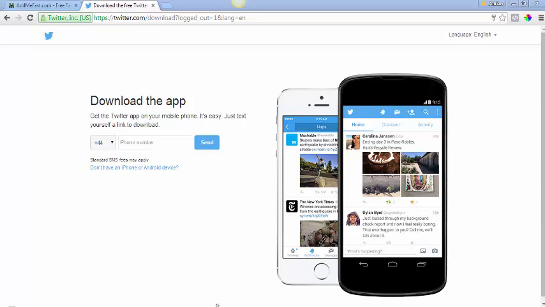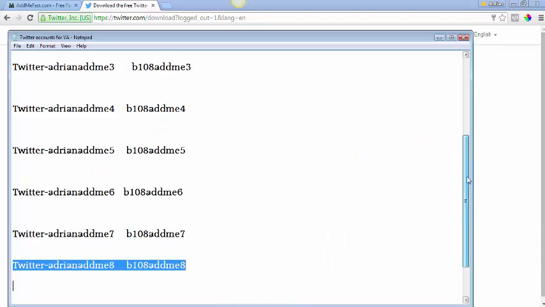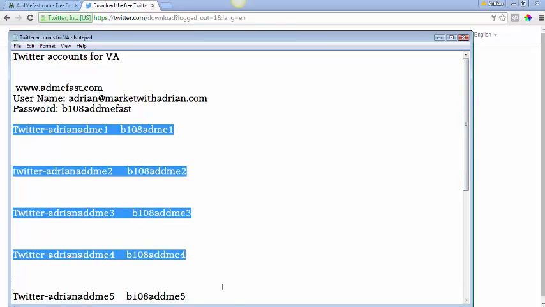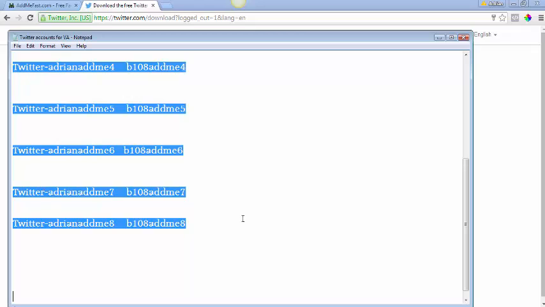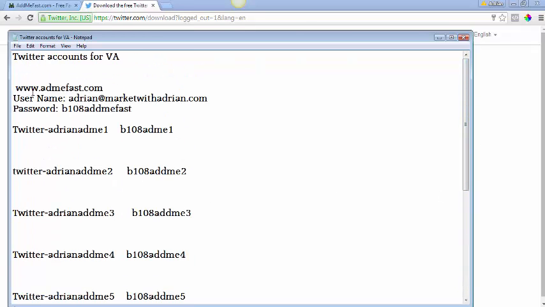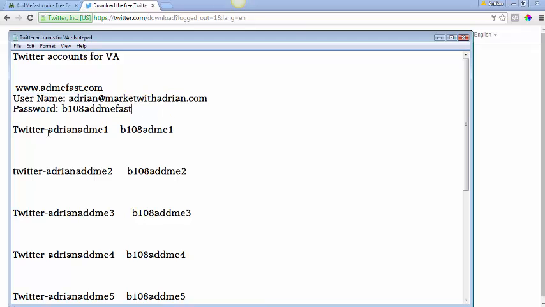What I wanted you to do, if you could please, is I'm going to send you this notepad. Basically, what it's got on is 8 Twitter accounts that I've set up. Obviously, these are the username and the password, and also there's login details for a site called admefast.com. So what's probably best to do is, if you log into Twitter first using account number 1,